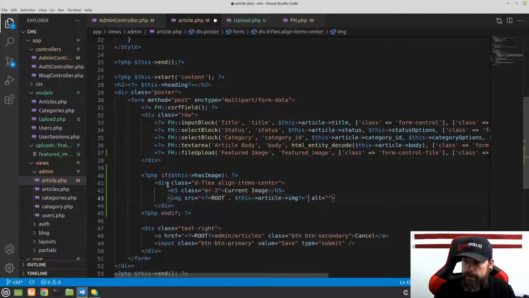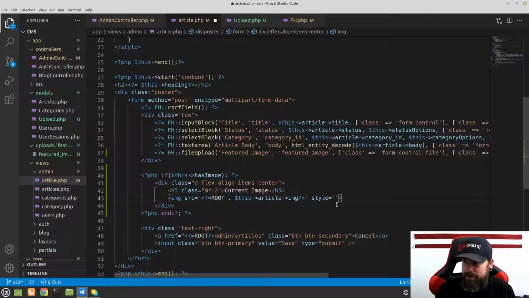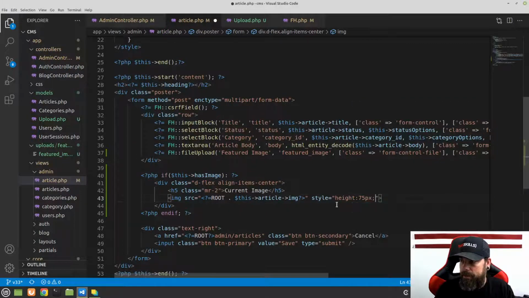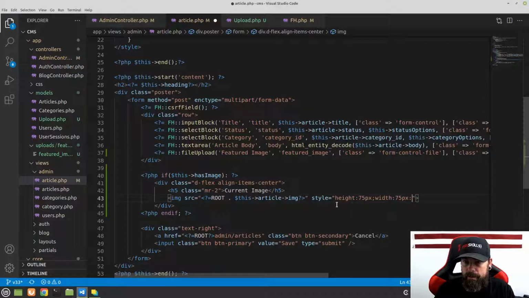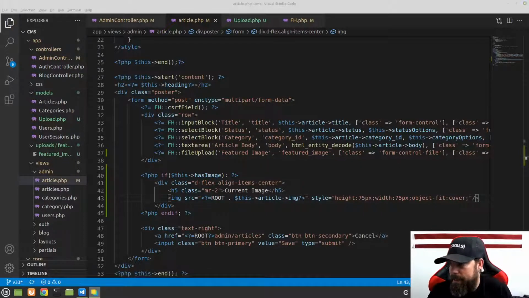All right, and we don't need this alt tag for now. So then we'll do a style equal to, and this is just an inline style: height 75 pixels, width 75 pixels, and then object-fit cover. And this is a self-closing tag. So I'm going to save that. And now we need to tell it if it has it. So if we go back to the admin portal,